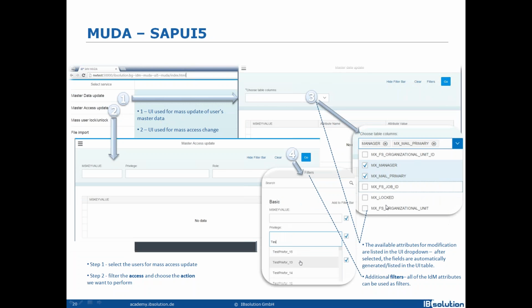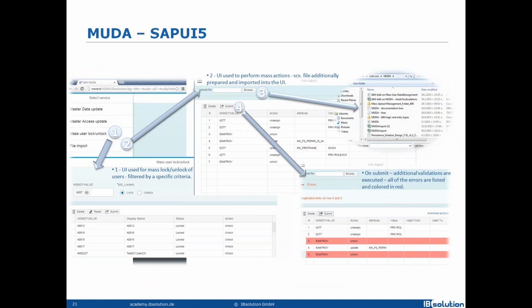For example, if we want to mass change the user's position or something else, we can select the attribute we want, and then we can filter the users we want to update. The next option is mass access update. The next one, mass user lock unlock UI, from where we can lock already unlocked users or unlock already locked users.